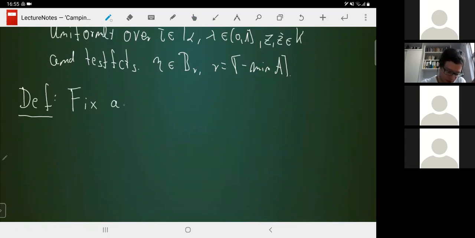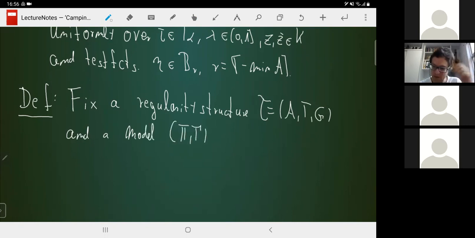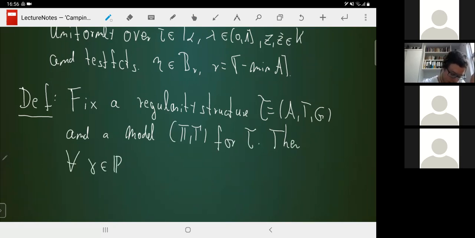So fix a regularity structure, say T, A, G, and the model Pi, Gamma for T. Then for all gamma in R, so gamma can be negative,